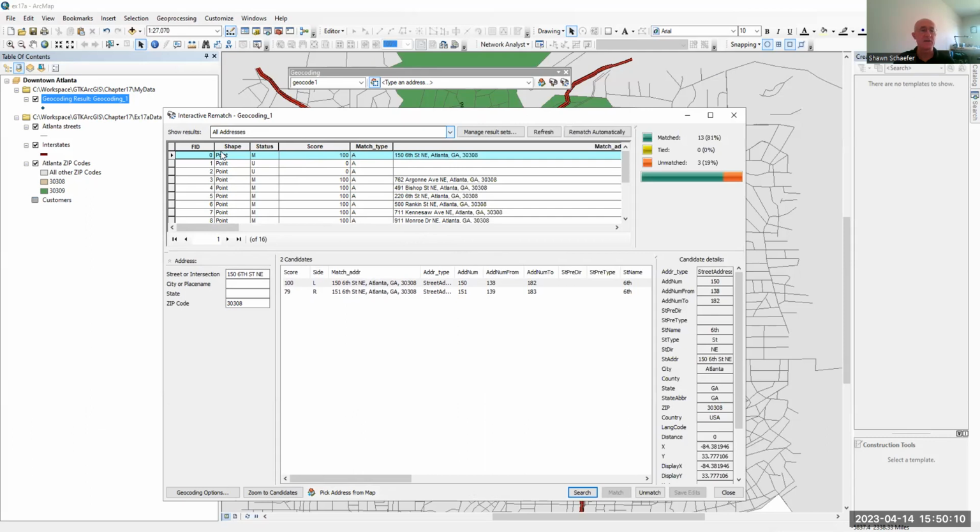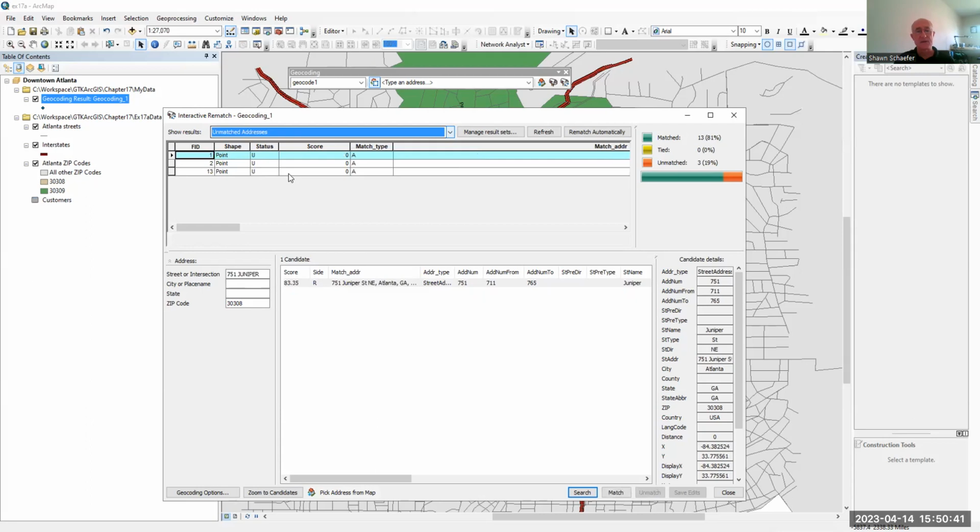more of it, right? But you can see this is basically the attribute table we were just looking at. And it's showing us all 16 points. So even if it's unmatched, it creates an entry, a record, or a tuple in the attribute table. And I can filter this. I can look at matched addresses, matches with scores below 80. Here, I'm interested in the ones that didn't match at all. And so I've got 3 of them here, and you can click on each one